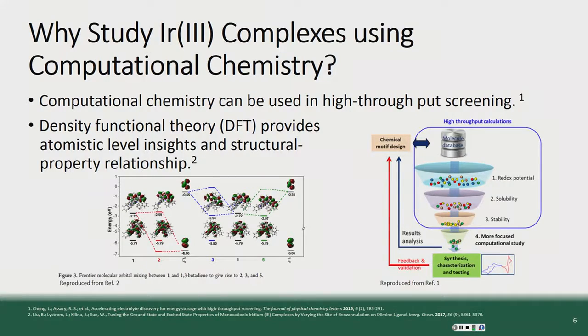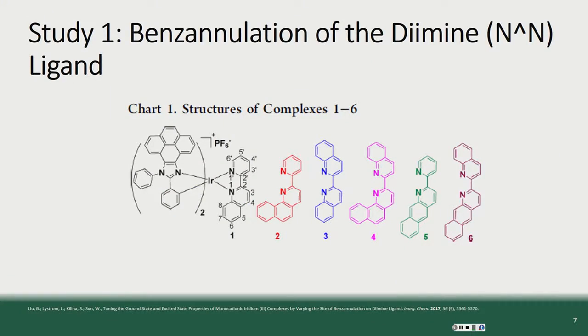And DFT, which is the theory that we use to simulate these, can give us atomistic properties that then we can have in the back of our heads and say, we want to use these properties in the next generation of compounds. So now I'll be starting the main part of my talk, where we have 3 studies where